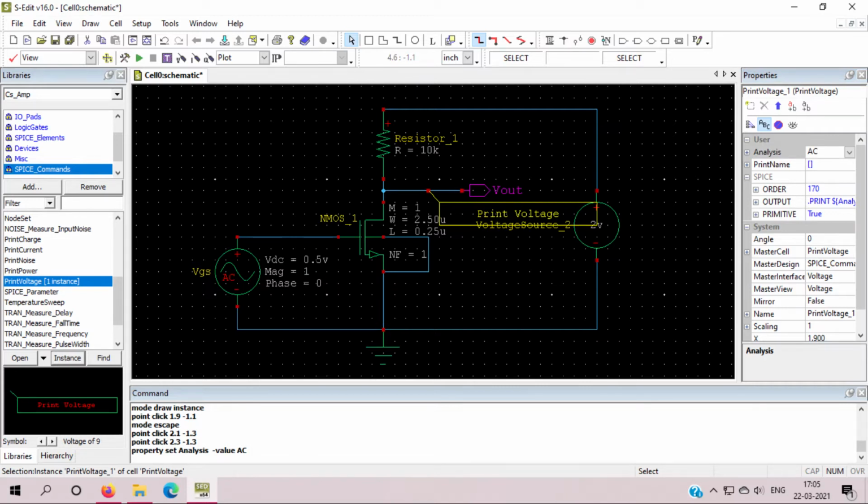You can go for transient also, you can go for DC also. For everything you can go, and you can check what outputs you are getting, in transient analysis, AC analysis, DC analysis, everything. Right now I am checking AC. So my circuit is completed. Now I will check my circuit whether it is okay or not. Yes, my circuit is okay, zero errors, zero warnings found.